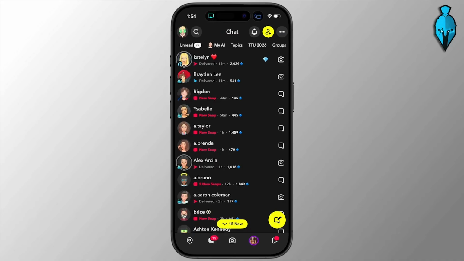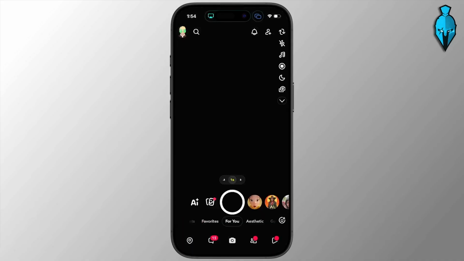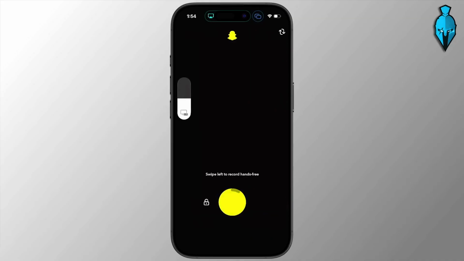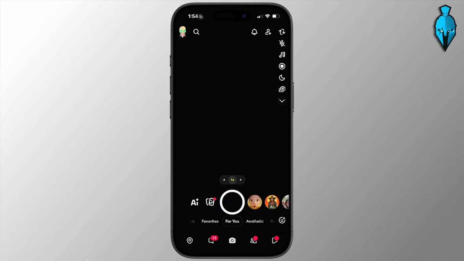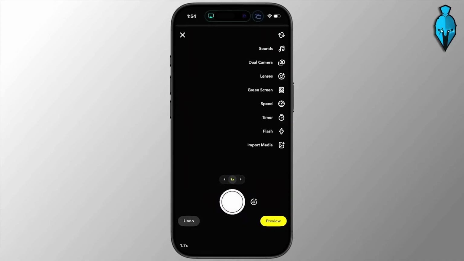Now, first things first, open up Snapchat and you need to take a quick photo or video inside of Snapchat. Let's just go ahead and take a quick little video real quick. We'll record that just like so, if it's just a black screen, right? From here, what you need to do after you take it is tap the small little clip icon at the bottom left with a plus symbol. You see there's this little plus symbol, select that